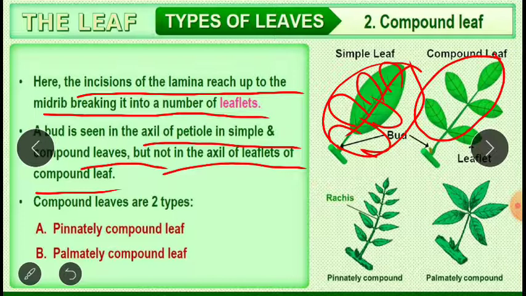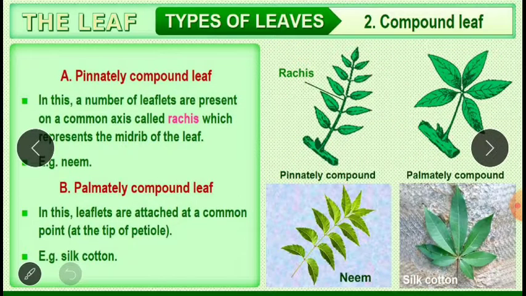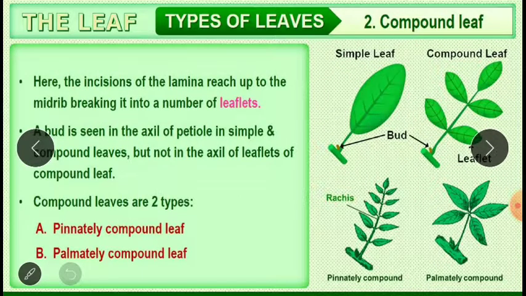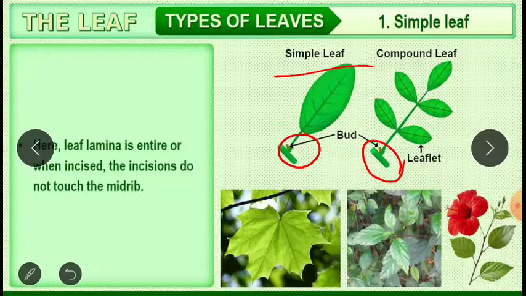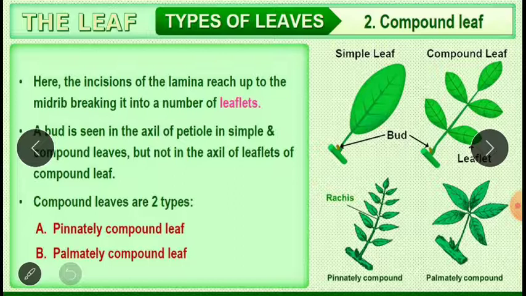So how can you differentiate between a simple leaf and a compound leaf? In the case of the simple leaf, you can see that the leaf bud is going to be present. Wherever the leaf bud is present, it is going to be called the main leaf. So in the simple leaf, the bud is present over here, and even in the compound leaf, it is present only here at one side, where the leaf is attached to the stem. Whereas at the leaflets, these buds are not present. So they are known as the leaflets forming the compound leaf.